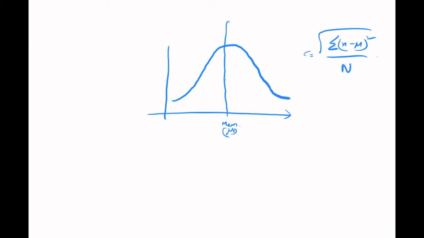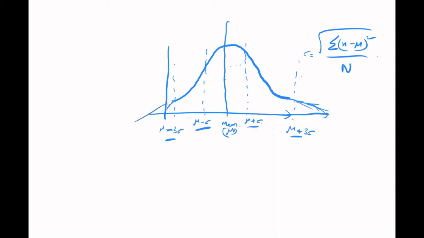If you take a few here, this is mu minus sigma. This is mu plus sigma. Similarly, if you take a few more, you'll be getting mu plus 3 sigma. Let's point out only those things. So this is your distribution. It can go like this, no issue. These are the ranges which are important to us.